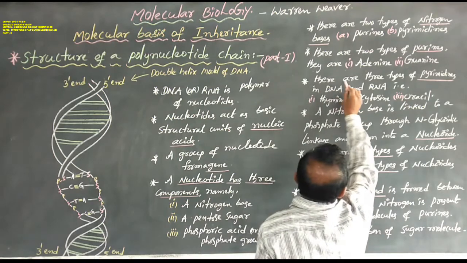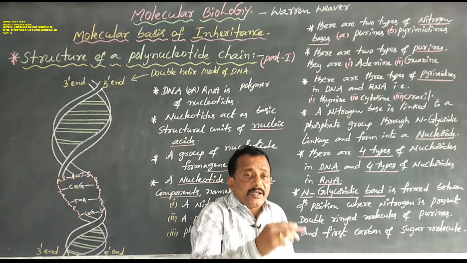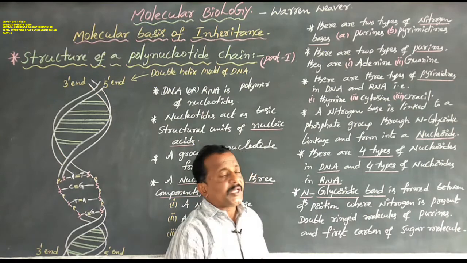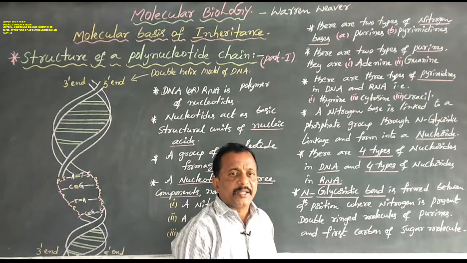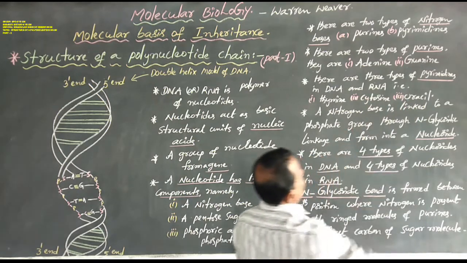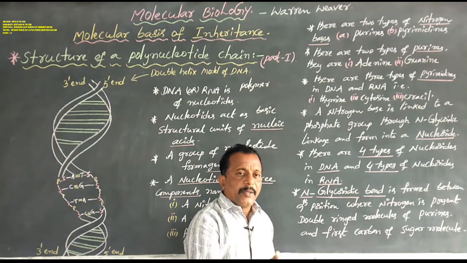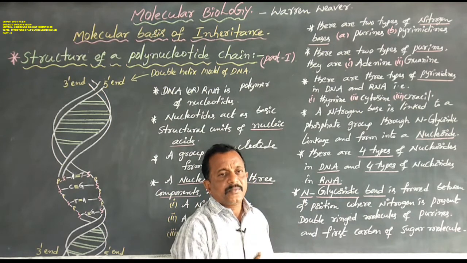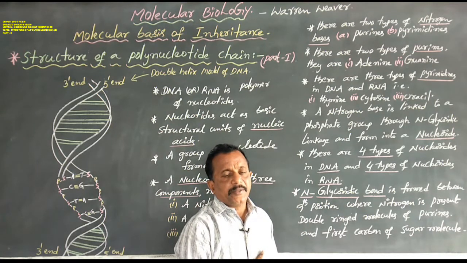Next, coming to pyrimidines, there are three types of pyrimidines in DNA and RNA. The DNA pyrimidines are thymine and cytosine. The RNA pyrimidines are cytosine and uracil. By this I mean thymine and cytosine pyrimidines are present in DNA, cytosine and uracil pyrimidines are present in RNA. Why? Because